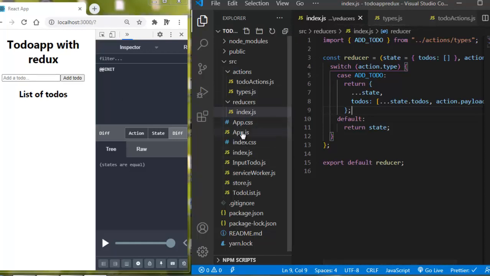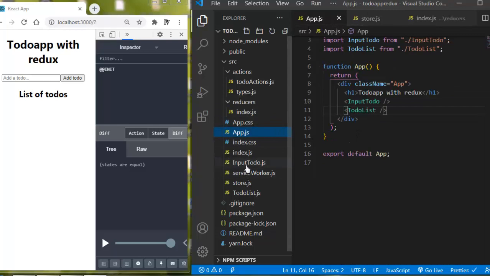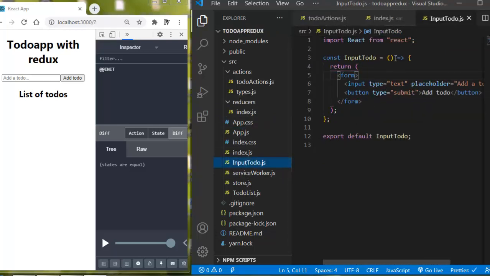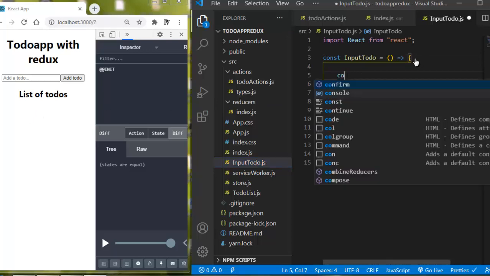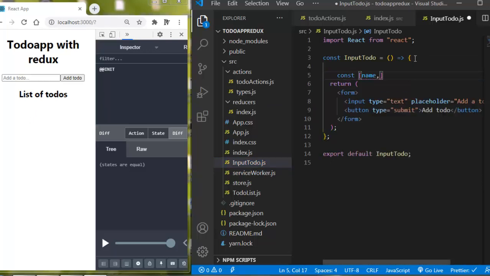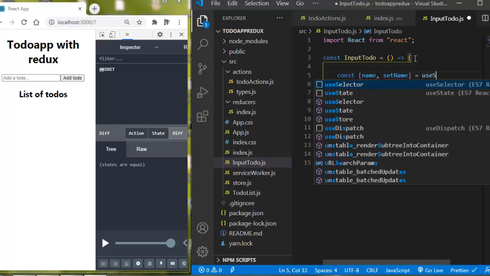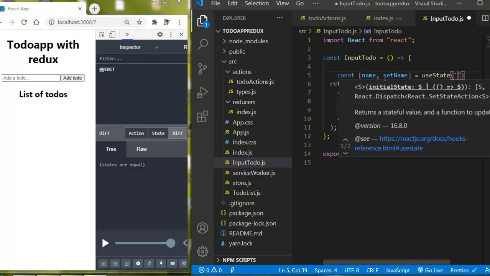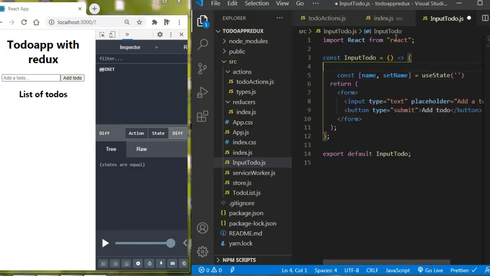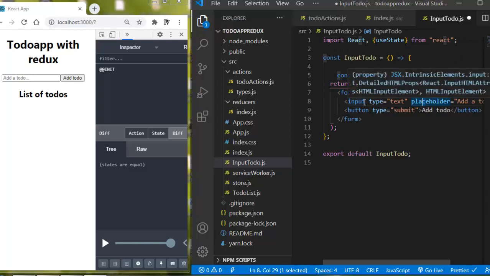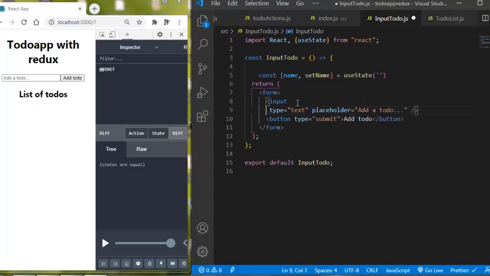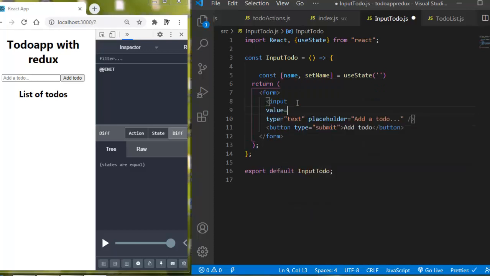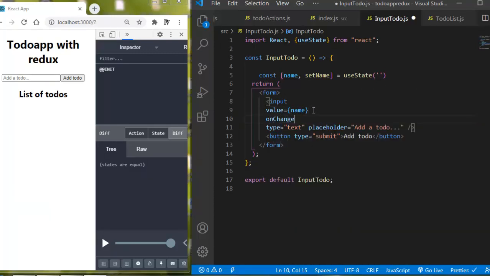Now let's see if this is working. Let's add a to do. So I'm going to go here into my app, into my input to do, and here I'm going to have to control first my state. Here I'm going to put name, set name, use state. So what I am writing here is, it will be called name of the to do. I'm going to import here use state, and here I'm going to link my input with this state,